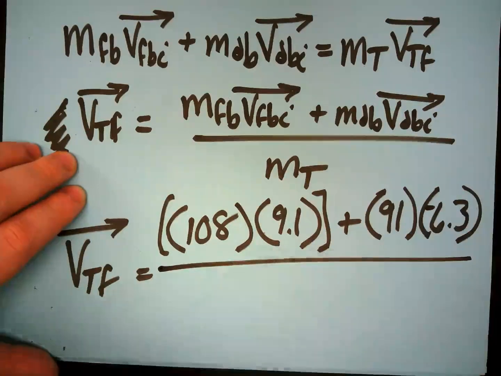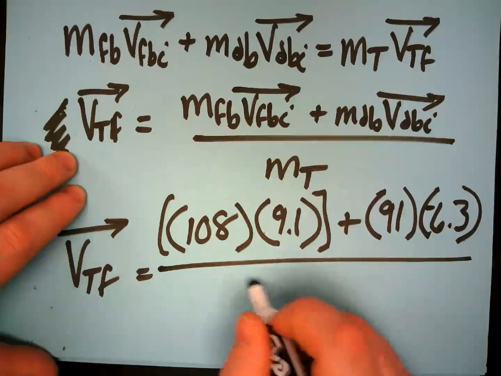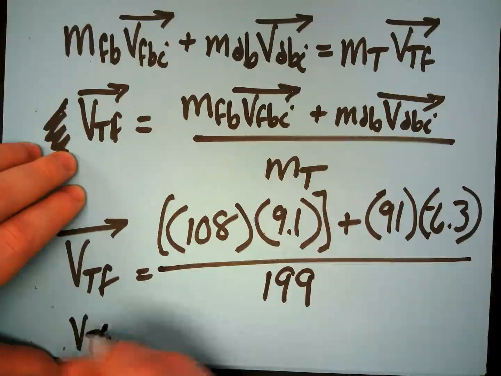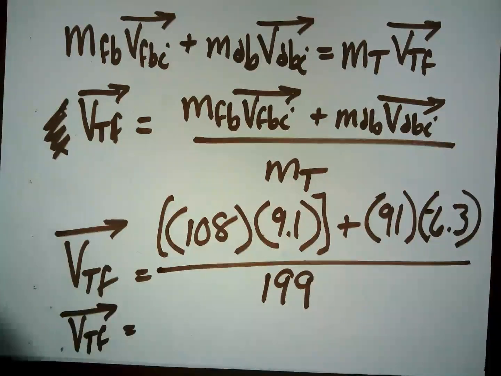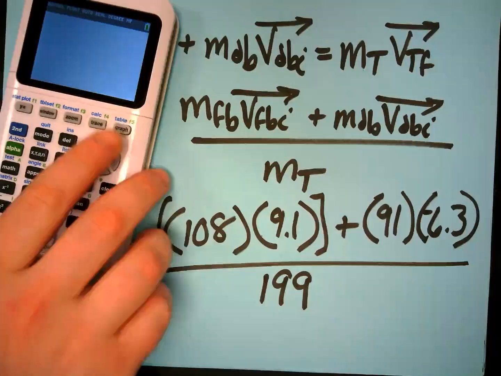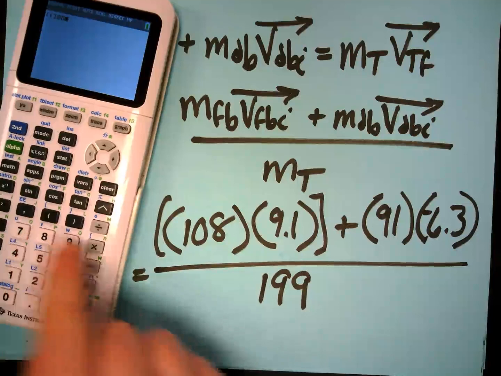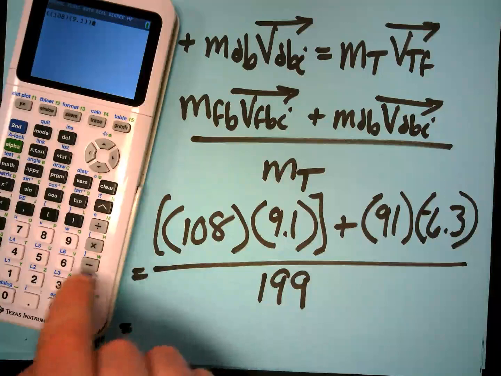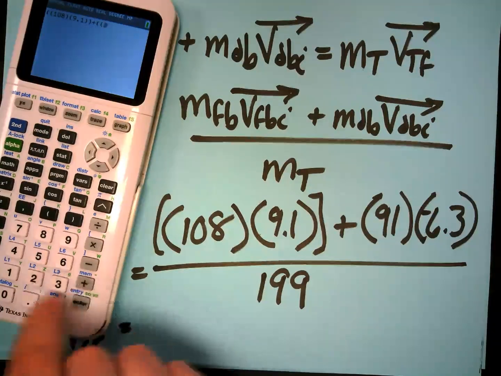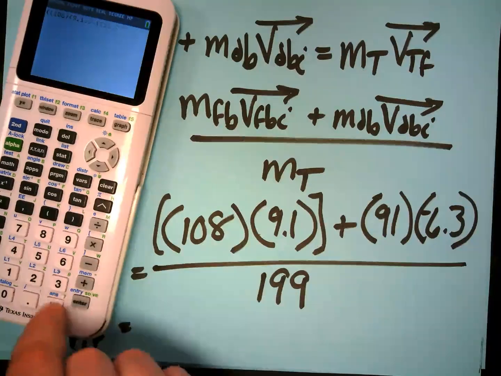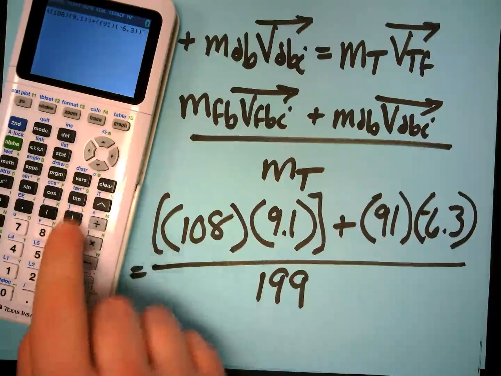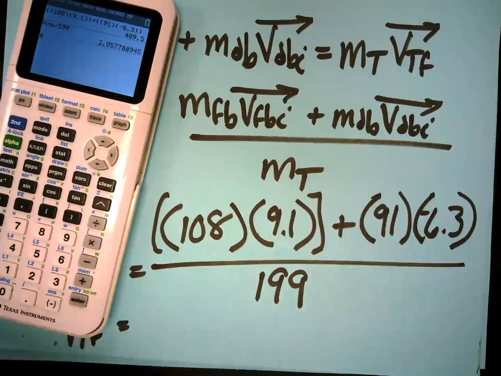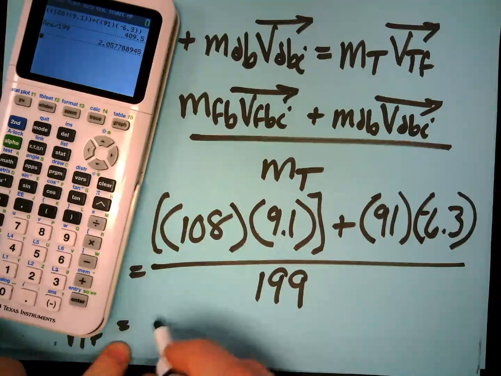And then down here, it's going to be the mass of both of them, which we found out is 199. So we're going to calculate all that. So that's going in our calculator. So that's going to be 108 times 9.1 plus 91 times a negative 6.3, and then divided by 199, which is going to give us a positive